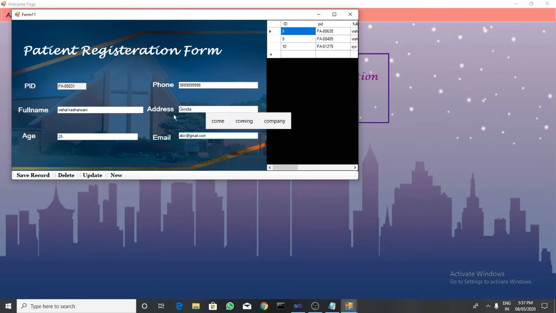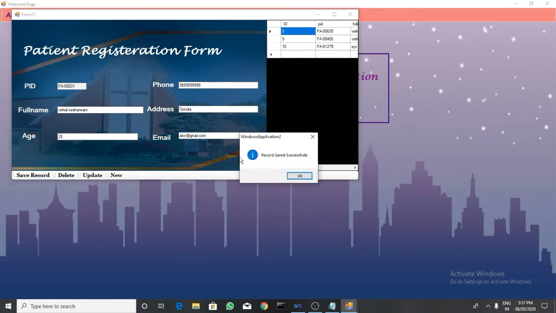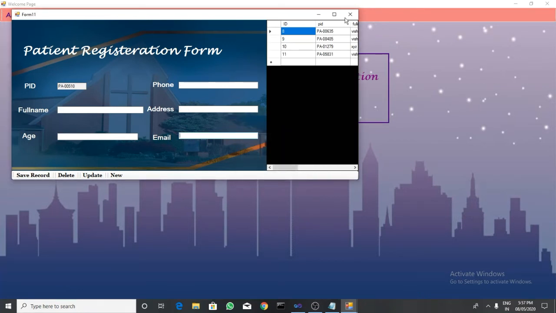For saving the patient registration form, we have to click on this. A prompt will open, and we have to click on OK. Then go back.